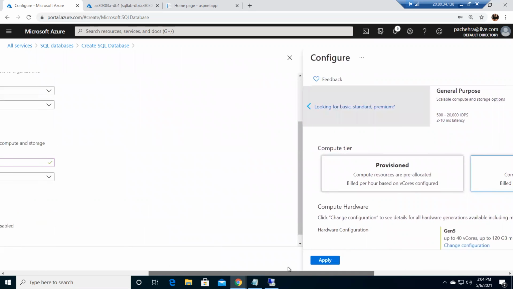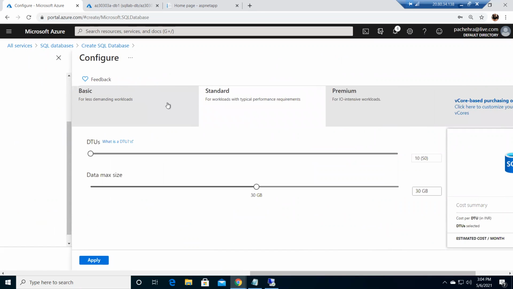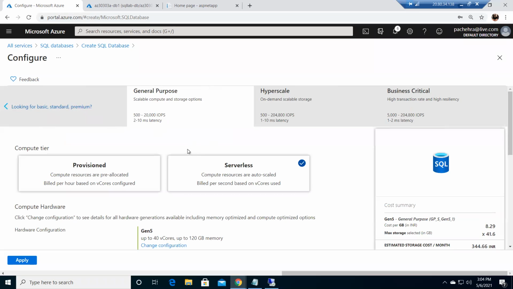There is an older way. If I click here, you'll have the DTUs, the old way of selecting the configuration or the SKU or the tiers. This is the vCore based new one, which is general purpose, business critical, and hyperscale. All right, so let's click serverless, click on apply